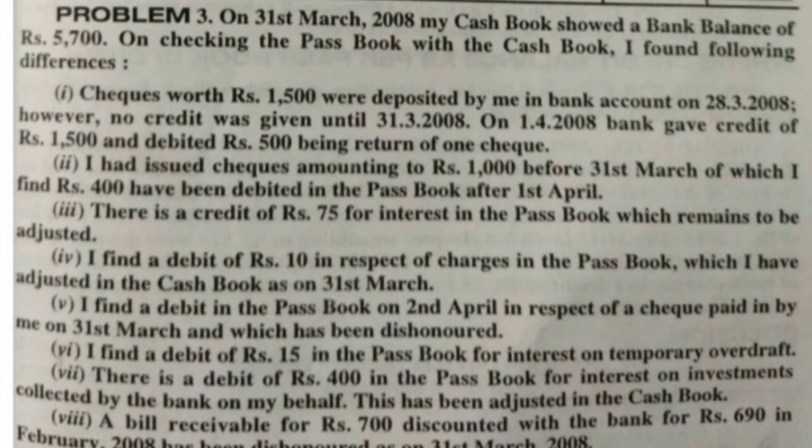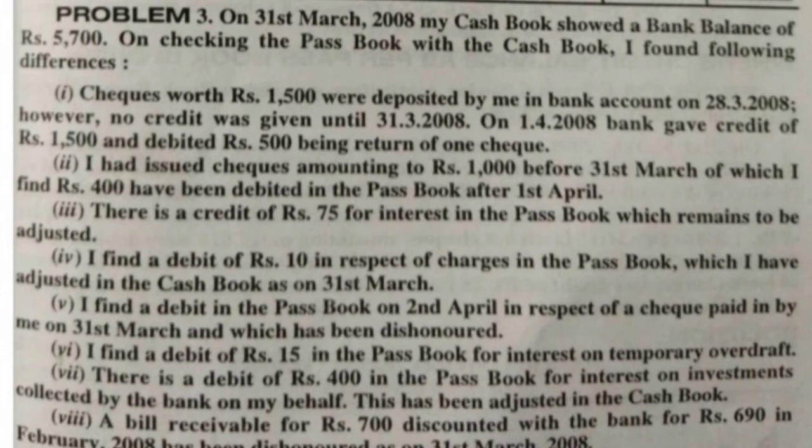Means see here, the rupees 70 check which Bunty has debited in the bank account in his books, means in the cash book or the bank column, but he did not give the check to the bank. He recorded the receipt in his books, but he did not submit that to the